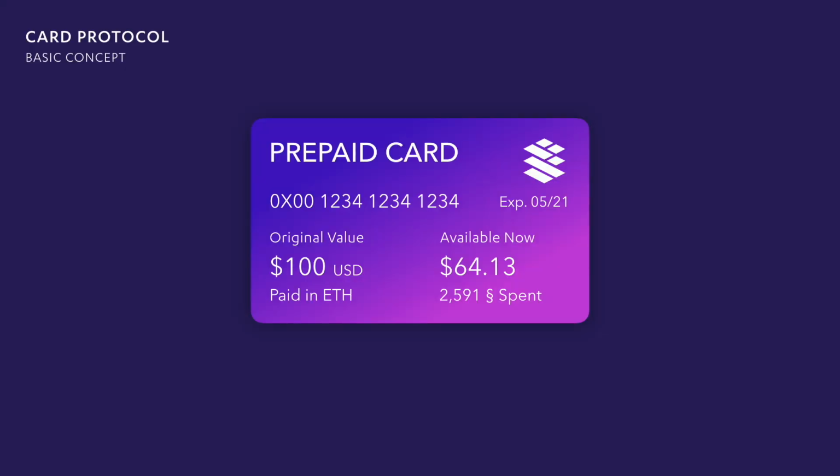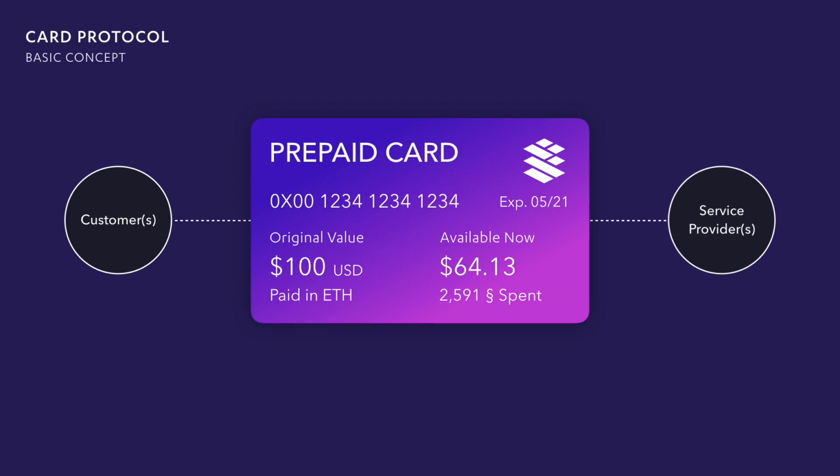So let's go into a little more detail on who is actually involved here. The customer is buying this prepaid card, depositing the value and getting the original value, spending it and figuring out what's left based on a calculation of the market value of the underlying asset that generated the prepaid card. And then the service provider, anybody who's willing to accept the card and provide a service, will say, okay, you have $64 left, you can go and store this large video on my server, or use my protocol, my network, my smart contract network, and pay gas fees or whatever it might be. And when they do it, they deduct from the balance by adding to this spent item.